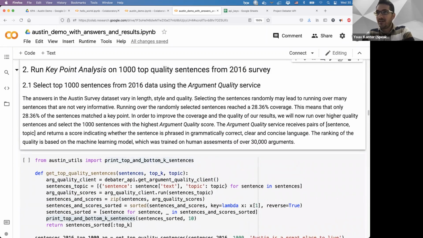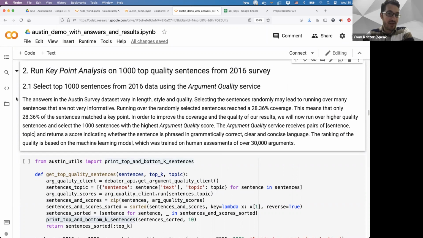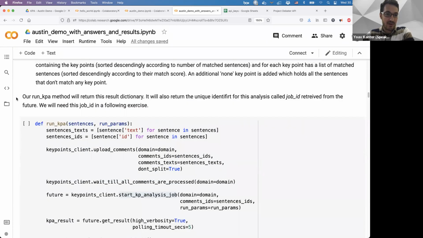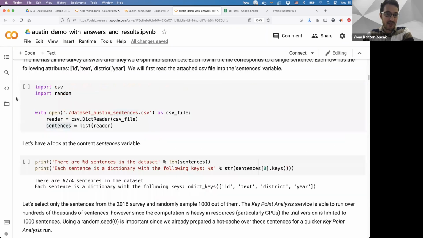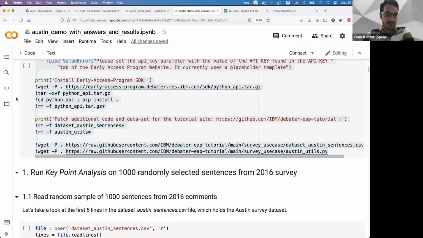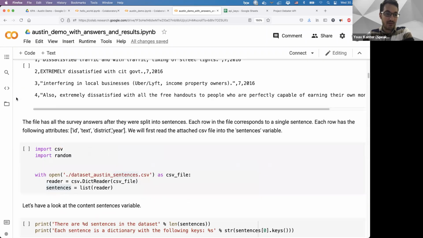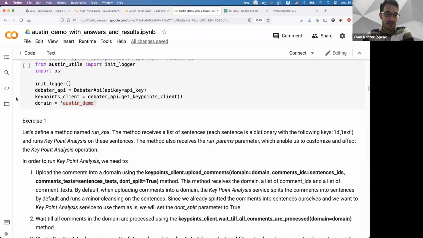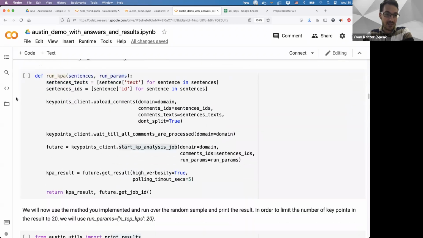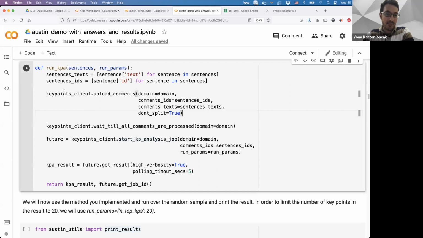So if someone wrote that the key point analysis result is not defined, it should be defined. Let's take a look. Maybe I'll go over the answer for exercise 1 again. We upload the comments. We wait for them to be processed. We start the job and immediately get a future.